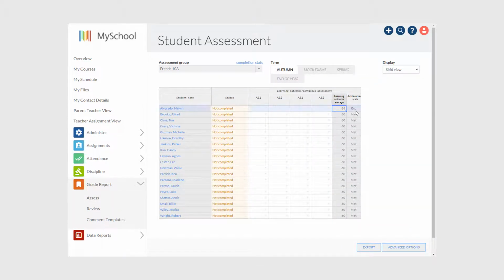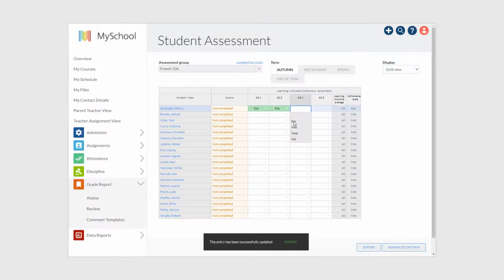This can be then translated back into an achievement scale if you do not wish to show a numerical value to your students. Schools can choose to have the results showing to teachers on the assess grid, but not actually publishing the information. It makes it easier for teachers to have all the information in one place when they go